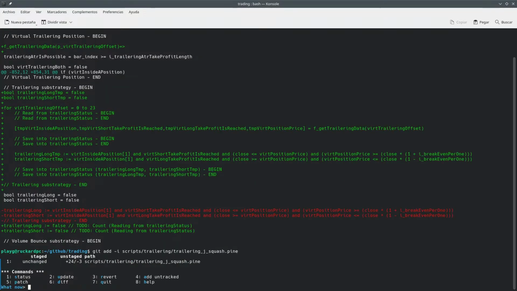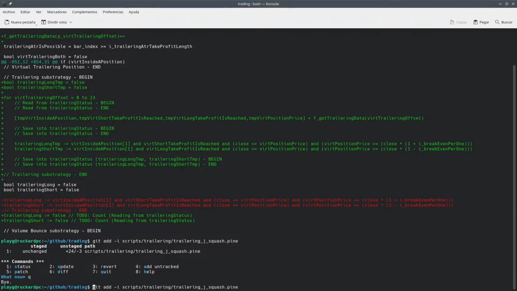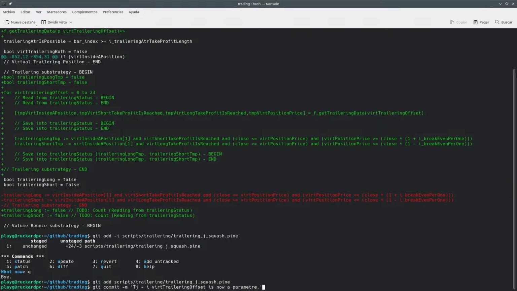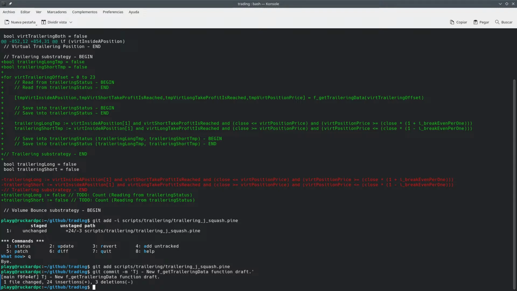So we're going to save this, I mean everything. So this is going to be get trailing data, so this is new function draft. Okay,